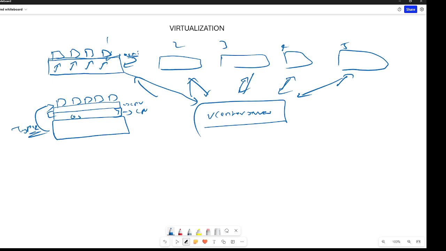What vCenter server will do is ask you to create a data center. For example, I will create data center one. Within that one, I will say that ESXi1 and ESXi2 belong to it. And I will create one more data center, and I will say ESXi3 belongs to it, and I will create one more data center. So it's like I'm creating a folder. Within that folder, I'm adding the ESXi servers, my own servers, simply ESXi4. Now, again, within this data center, I have two ESXi.